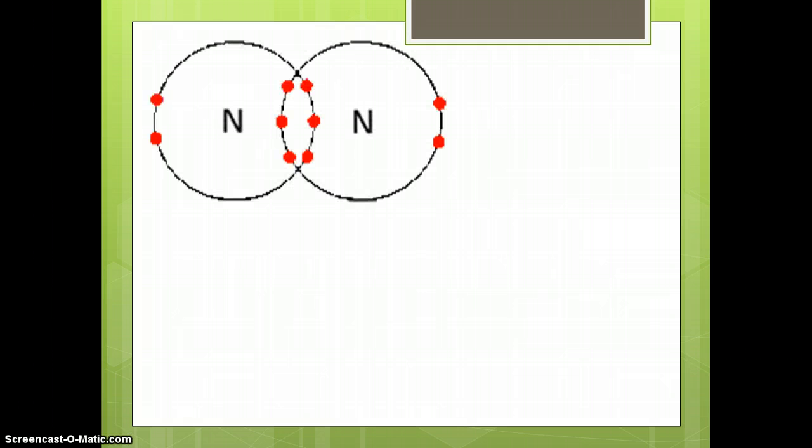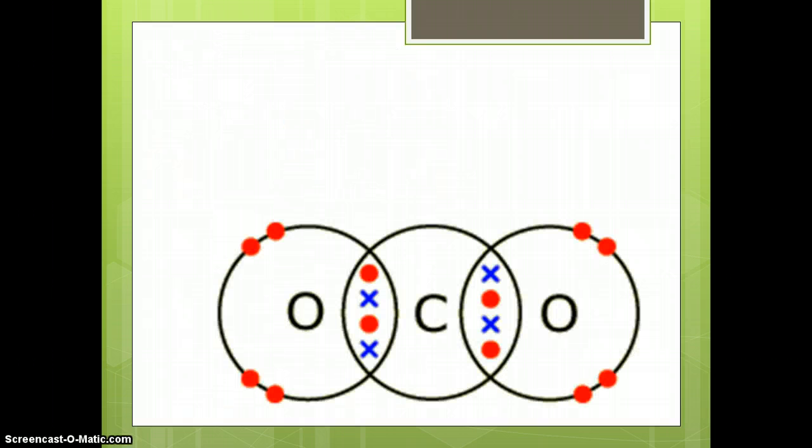In some covalent bonds, the atoms share more than 2 electrons. For example, nitrogen gas often occurs in the form of N2, shown here. An atom of nitrogen has 5 valence electrons. To form N2, 2 nitrogen atoms share 6 electrons, or 3 pairs of electrons, which form 3 individual covalent bonds. Here's another example, carbon dioxide. In carbon dioxide, all atoms share 2 pairs of electrons so that each atom has a complete valence shell and